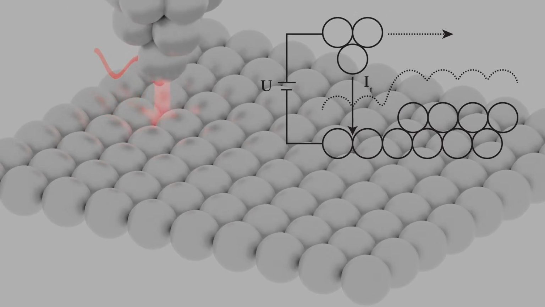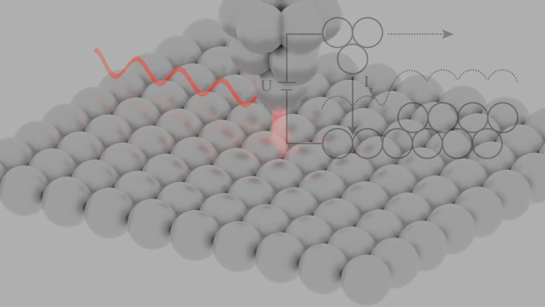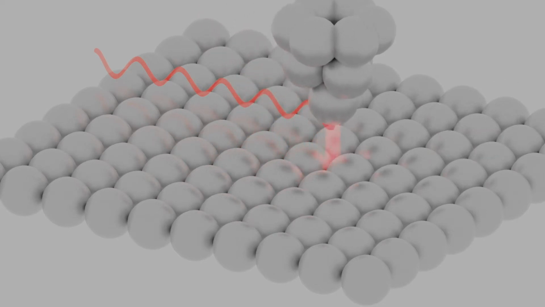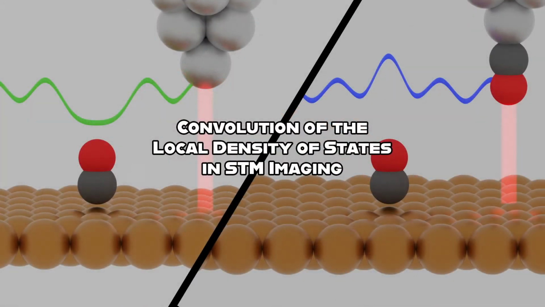An atomically sharp tip is brought close to a surface while a bias voltage is applied, leading to electron tunneling. This tunneling current is a function of the tip-surface distance, applied voltage, and the local density of states. It is important to note that although STM images appear topographic in nature, the apparent heights are a consequence of the variations in the local density of states, which are a convolution of the electronic states of the tip, surface,